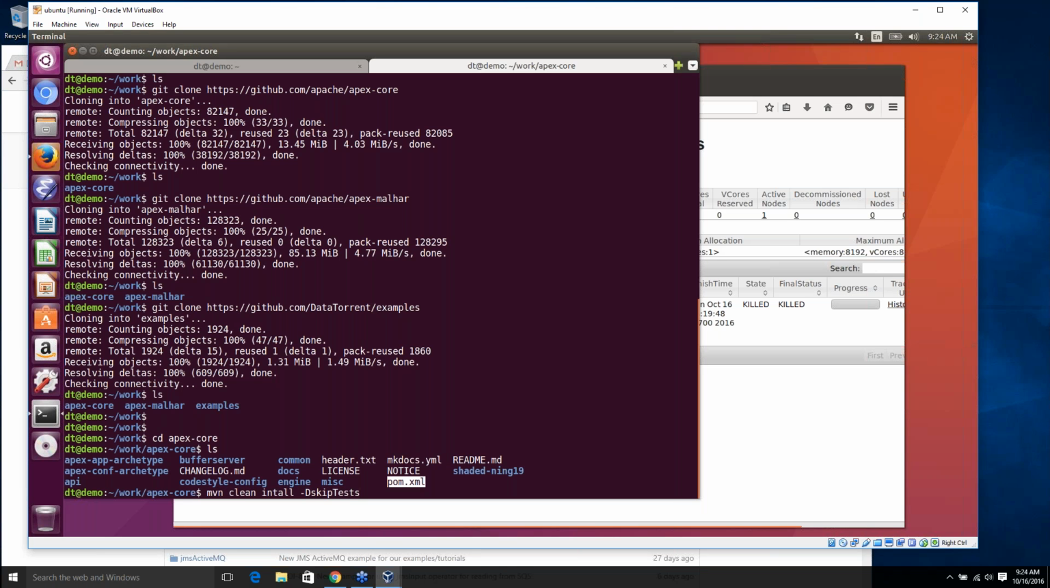So skip tests will skip the unit tests. There's a lot of unit tests, and they can take many minutes to run. We don't really need to do that here, so I do the -d skip tests. Clean will get rid of any old artifacts. Of course, there aren't any right now. And install